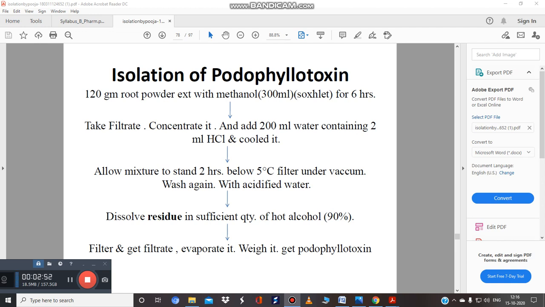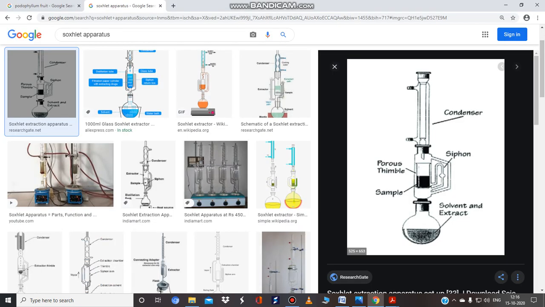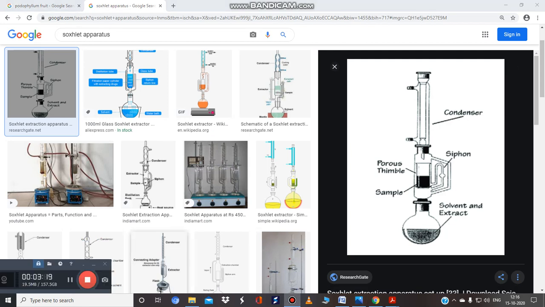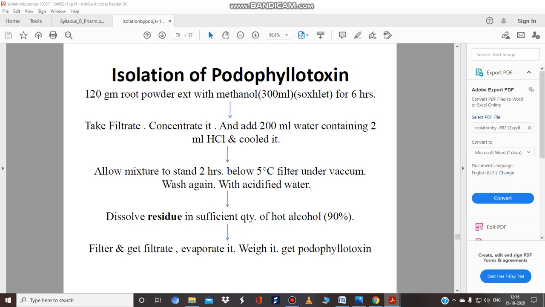I hope you remember about the Soxhlation, or we can say the Soxhlet cycle also, because in the Soxhlet apparatus, suppose this is a solvent, it will go inside your side tube, then it will go inside the drug, then the siphon tube will be filled, and it will go again inside your RBF. So this is one cycle. So at least you will take 3 to 4, 5 to 6 cycles, it will depend upon your drug also. Over here it is written 6 hours, so you will follow the 6 hour procedure.